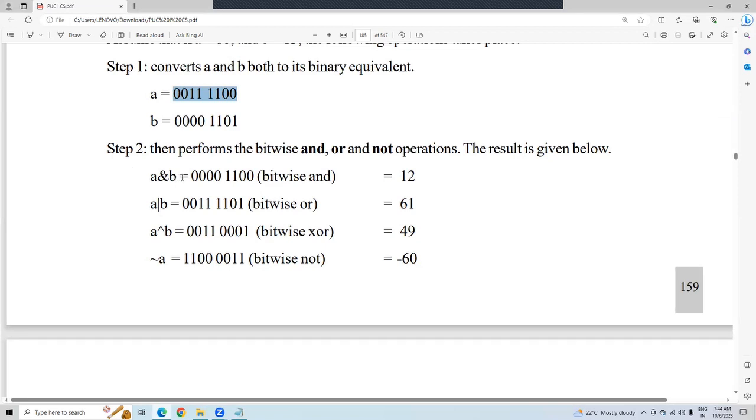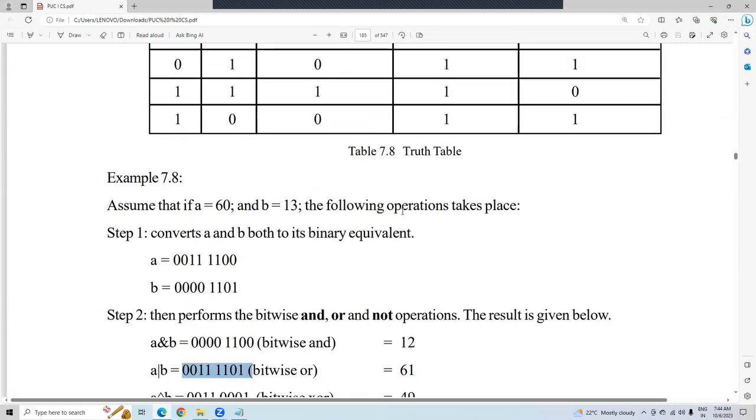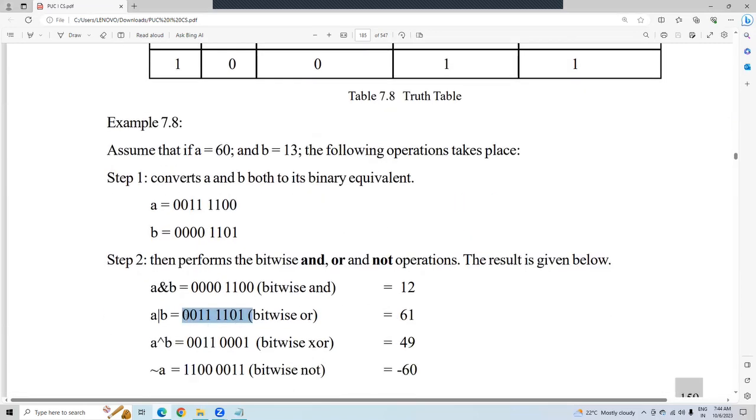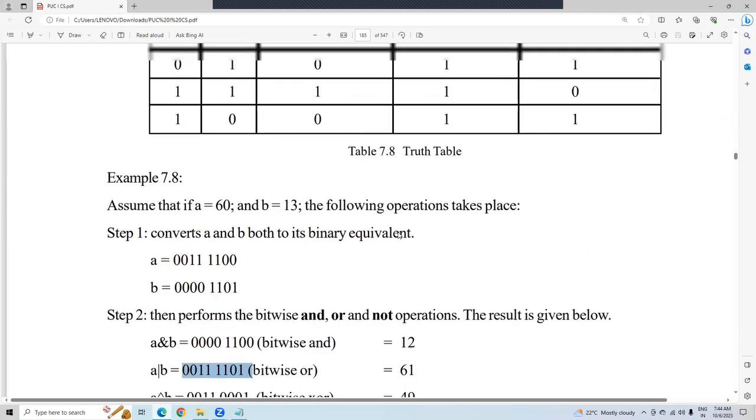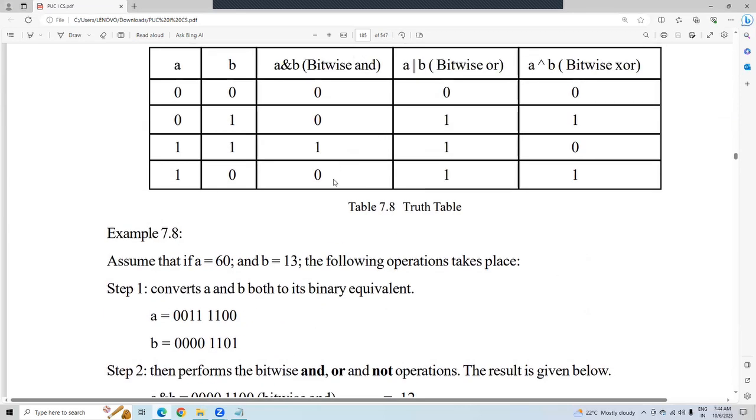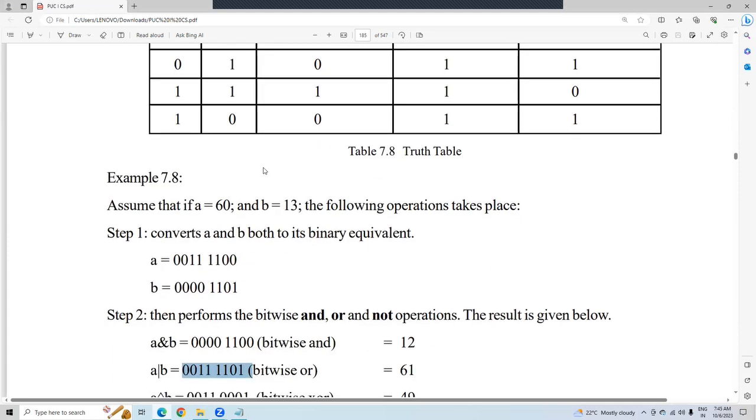A and B gives you this, that is 12. Similarly, A or B gives you this operator. See, it is based on this truth table only. So you can see here